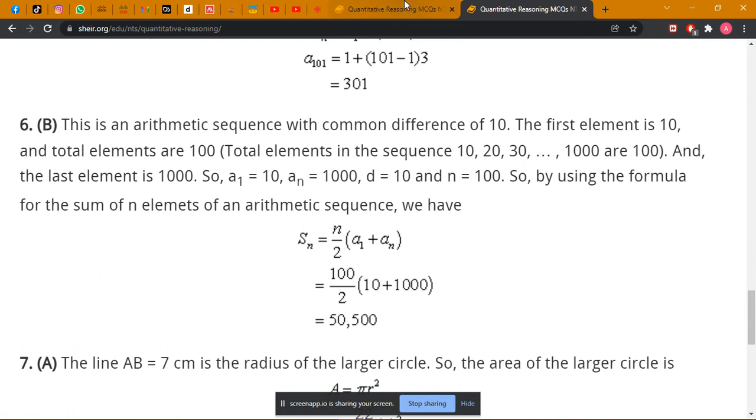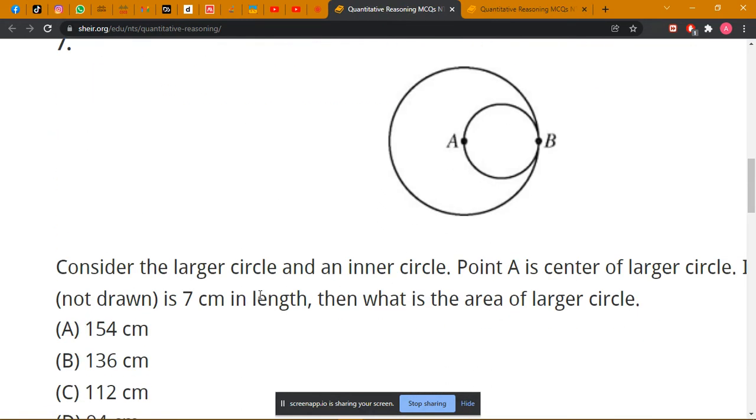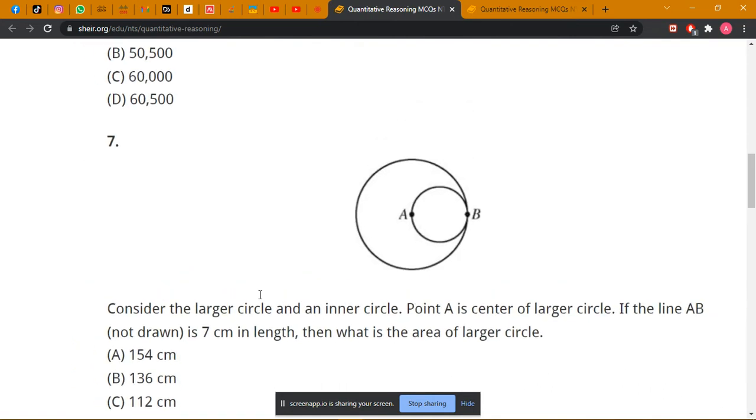So the answer is beta 6. Beta 50,500. So the next MCQ is, consider a large circle where you can see